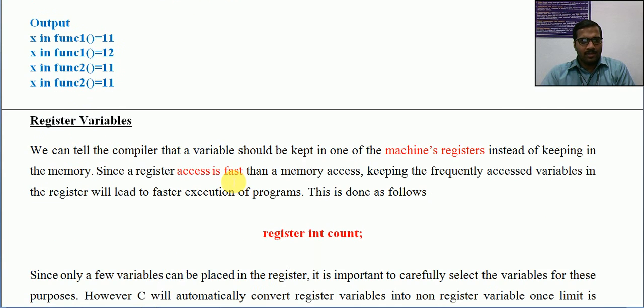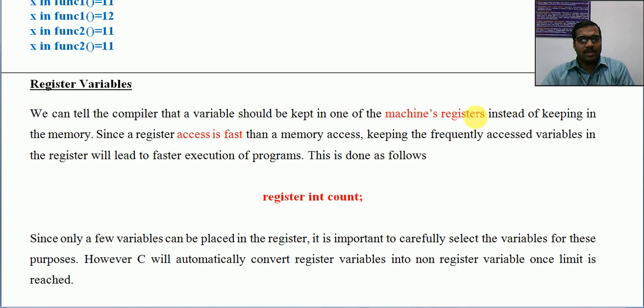Okay. Now the fourth category of storage class is called register variables. It is not regularly used. As the name indicates, register is a separate set of memory present in the system. It is a faster memory. So normally data are stored in primary memory, but if you want to have faster access to some variables, we can store those variables in register memory. So we can use register variables.